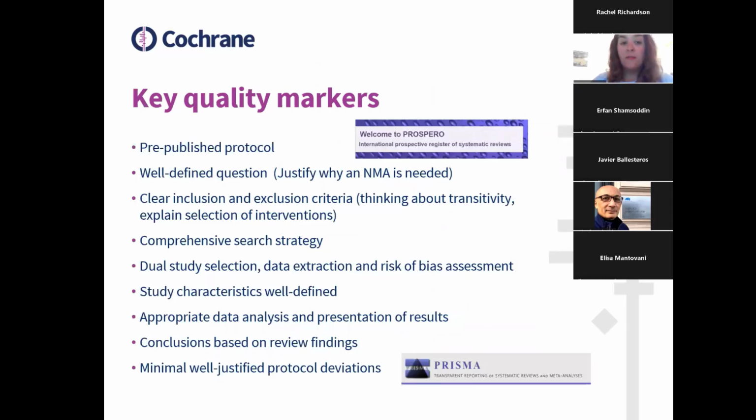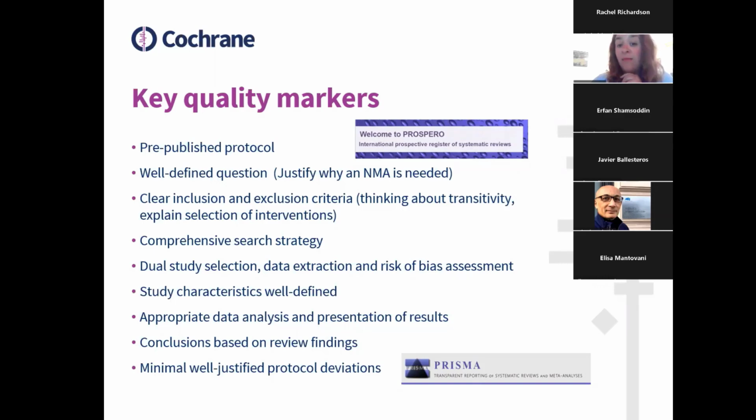And the key quality markers are similar to a standard intervention review in some respects: a pre-published protocol, published in the Cochrane Library or registered in Prospero, for example, and a well-defined question. This is important, obviously, with network meta-analysis, because it needs to make sense. You need to justify why the network meta-analysis is needed. Clear inclusion and exclusion criteria, again, that's not specifically different to a standard intervention review, but we do need to